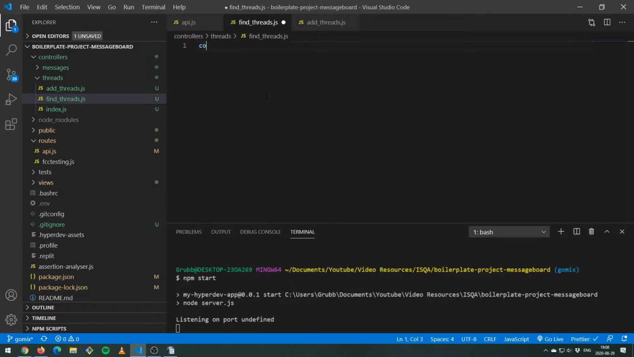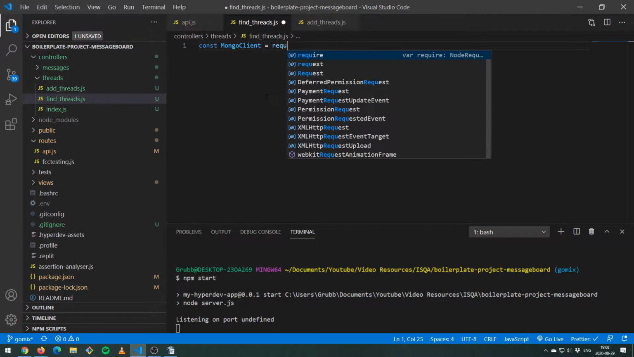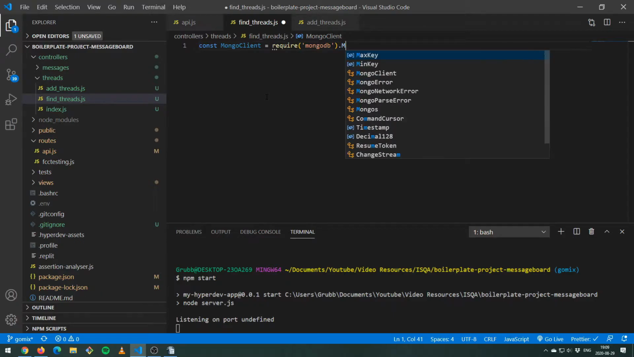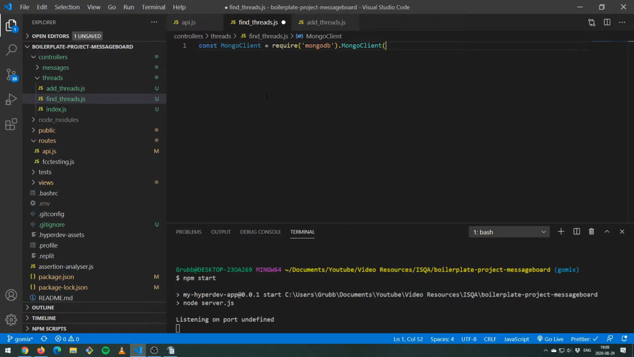And in here, we'll go ahead and const MongoClient equals require mongodb dot MongoClient. And here we go for exports. It's important that you write exports and not export because they're different things. And here we go exports.findThreads